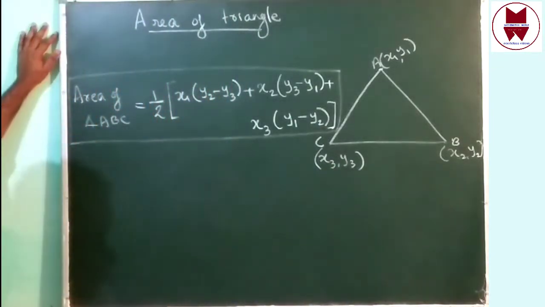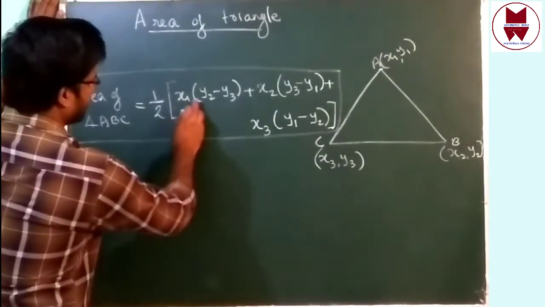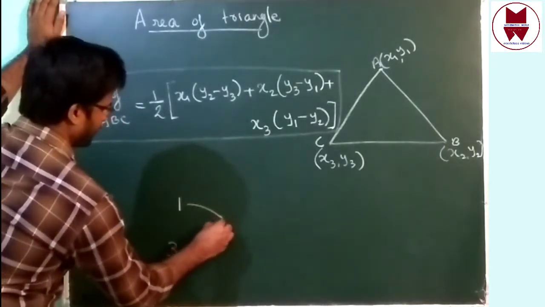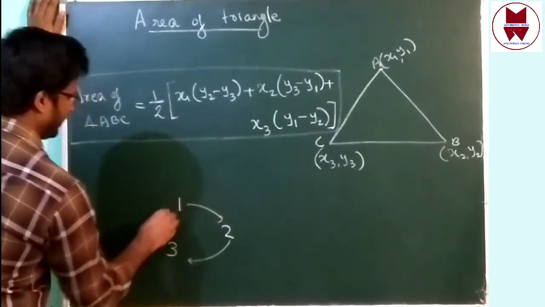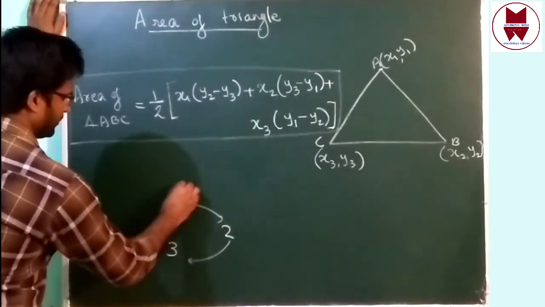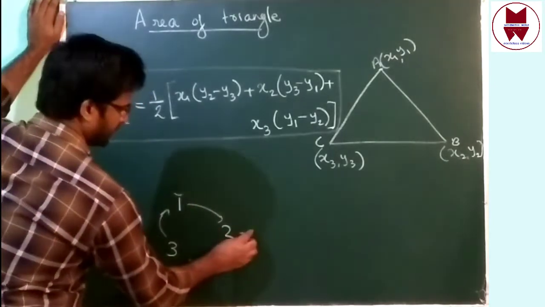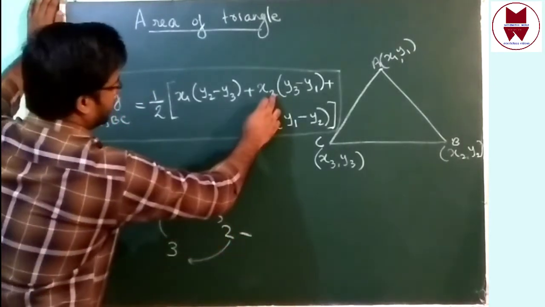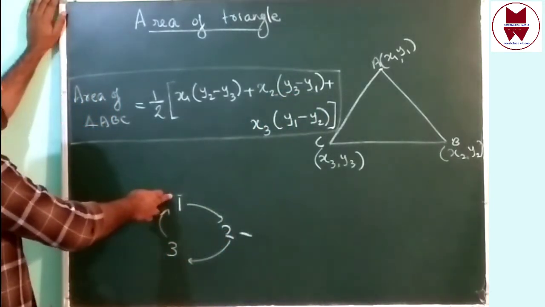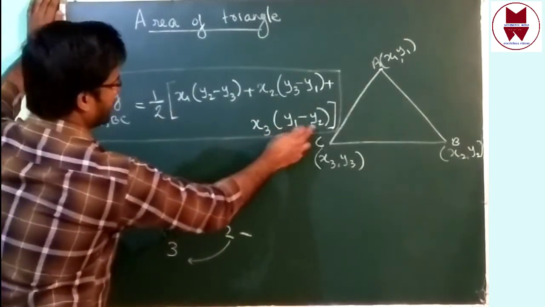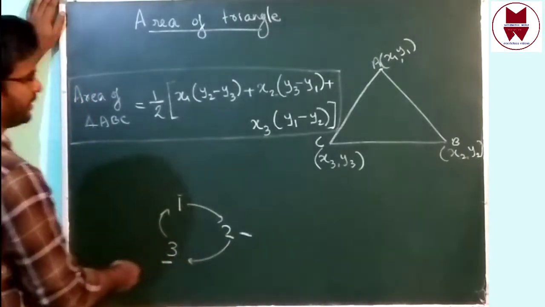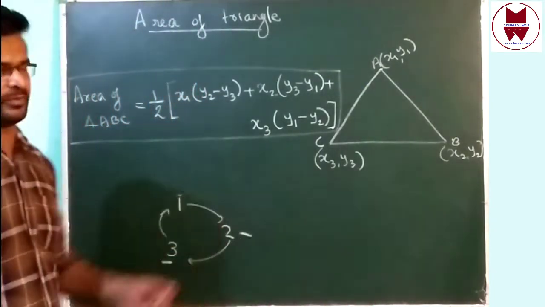Then how can we remember this formula? Look, 1, 2, 3. If you write 1, 2, 3, start from here: x1, y2, y3. Then we start from here, this point, that is x2. Check it: 2, then 3, 1. Then the last time 3, 1, 2. Start from here, 3, 1, 2. It is just rotating. We can remember this formula very easily like that.